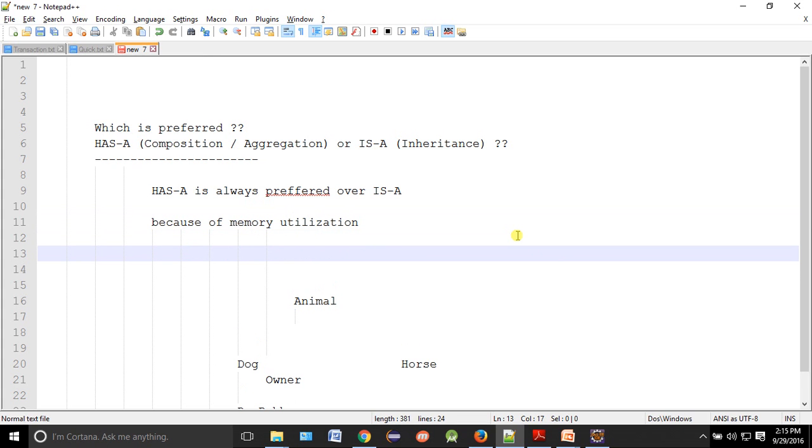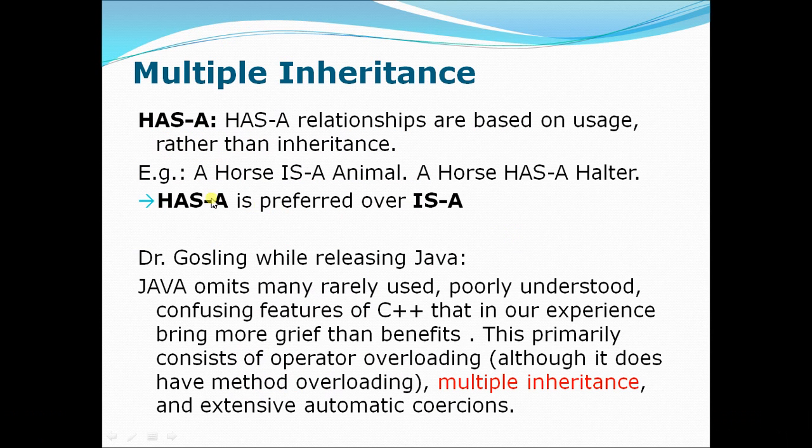HAS-A will consume less memory than IS-A. So that's what is mentioned over there.